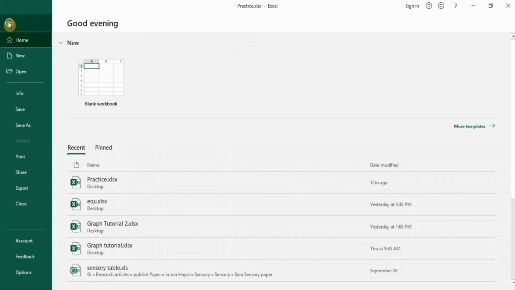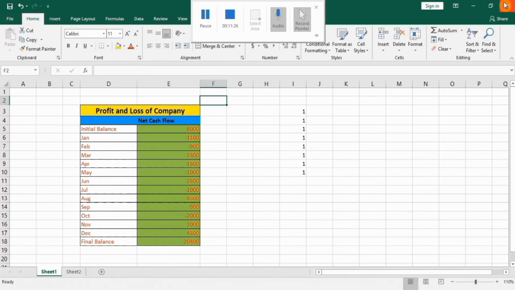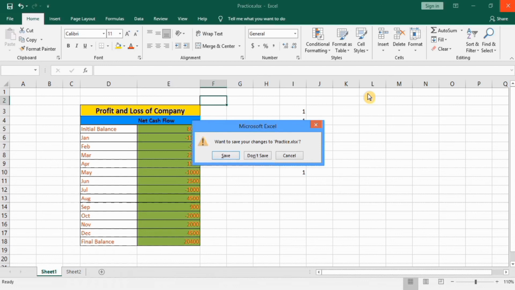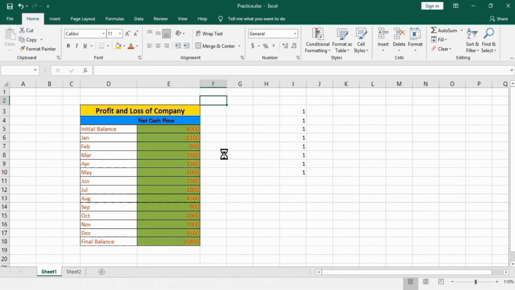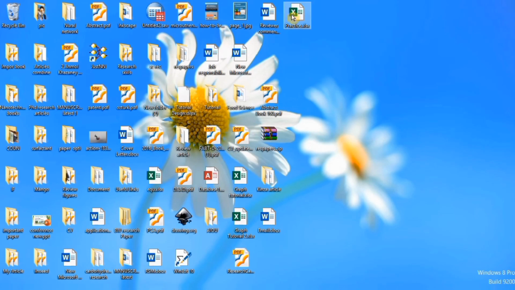If you close this file, it asks if you want to save your changes. Yes, click on save. Now this is the file and I close it. Now when I want to open this file, it will require a password. For example, I want to open it.